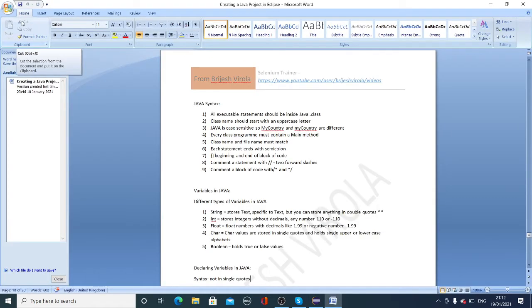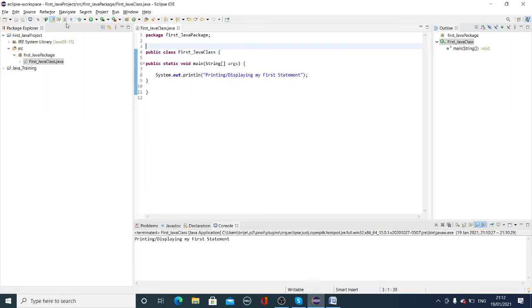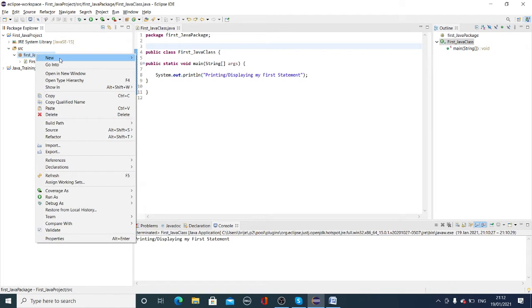Next, the Java class name should start with an uppercase letter. As I previously said, whenever you create a Java class, it should start with an uppercase letter. So let's create a class with a lowercase.